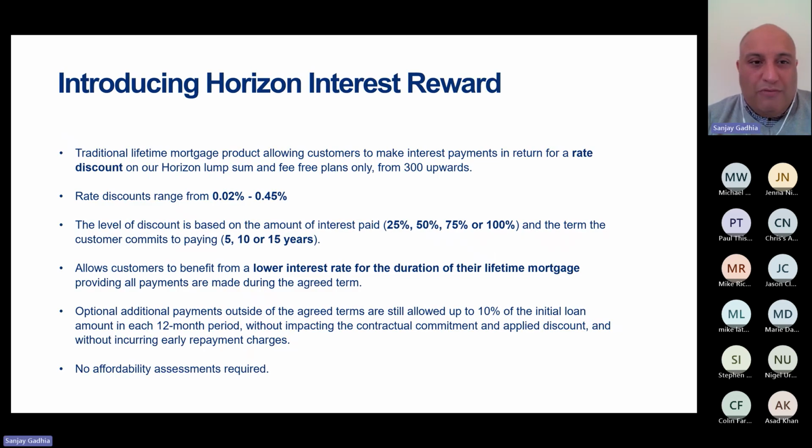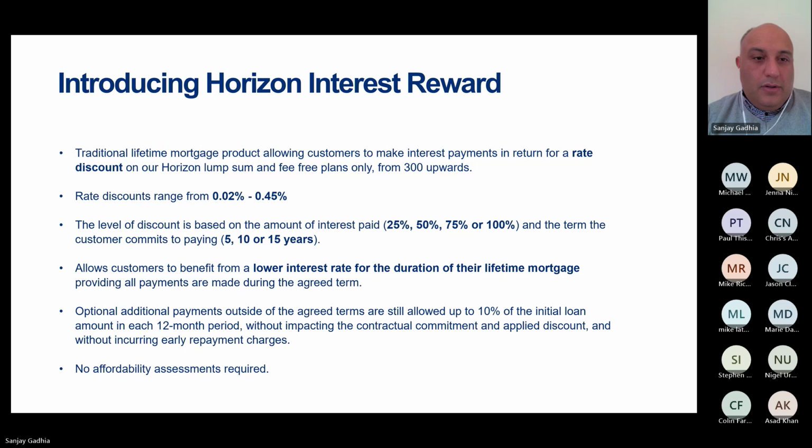So giving you a bit more information in terms of our Horizon Interest Reward Plan, how can it benefit you and your customers? Well, what we enable your customers to do is commit to servicing the interest payments. And in return, if they're able to commit to these monthly payments, they will benefit from a rate discount. And just to add again, it is on a lump sum and on our fee-free plans